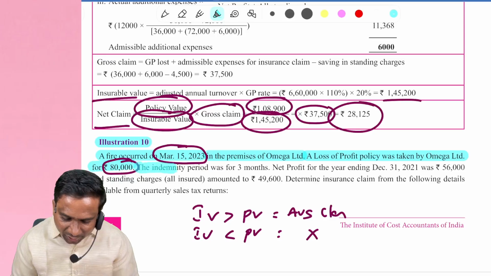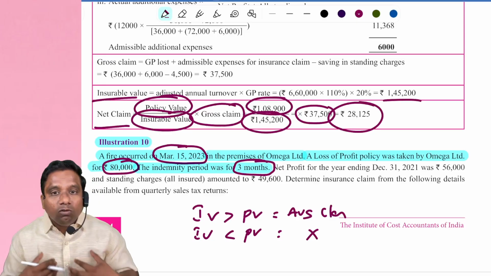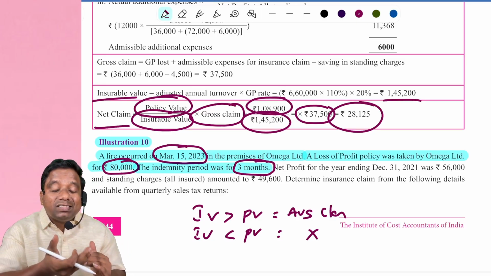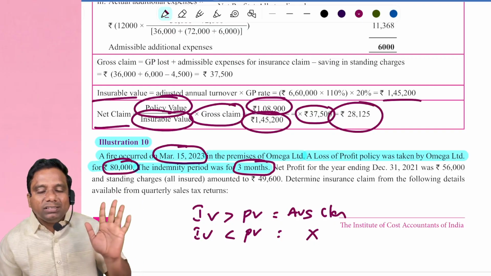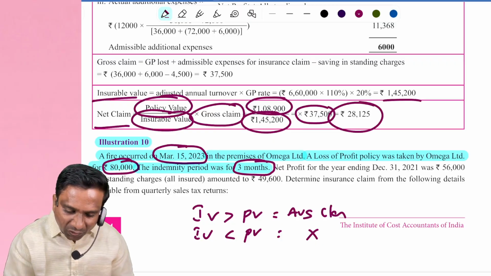Next, the indemnity period was 3 months. Okay, what is the indemnity period? 3 months. Now we need to check what our business disruption period is. The indemnity period is 3 months. Then what is our business disruption period? Try to calculate. Next,